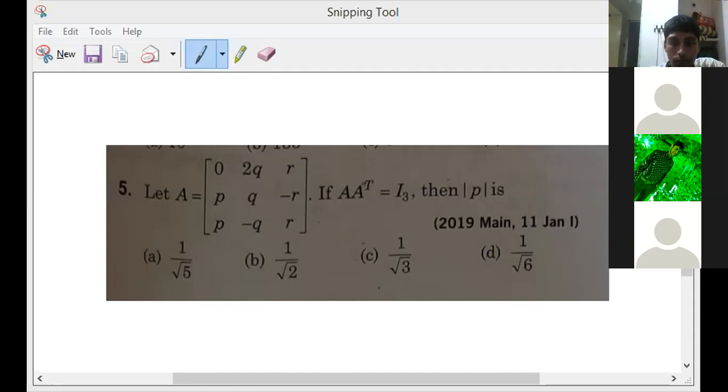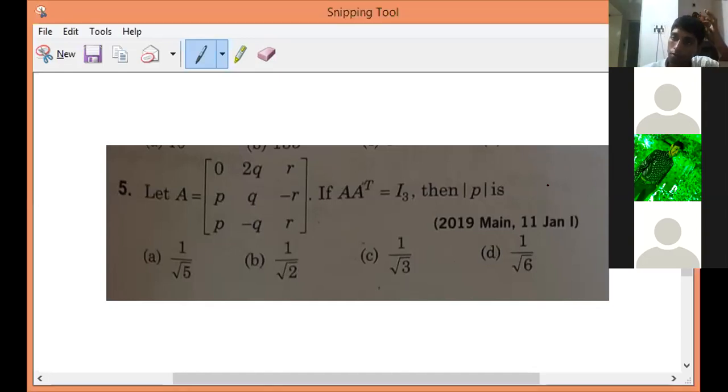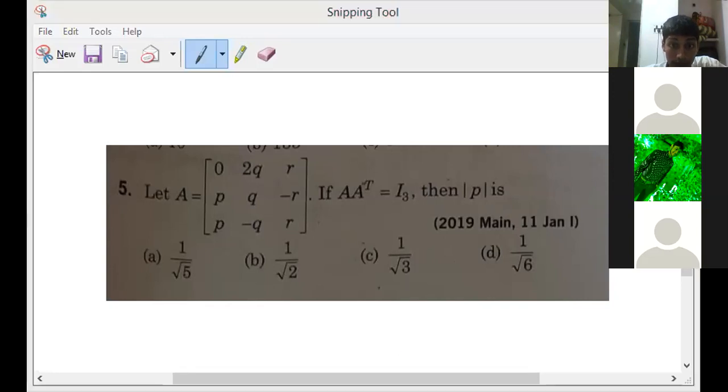Sir, first, each row can be considered as a unit vector. So it is 4q square plus r square is equal to 1. Yes, that's good. But then why did I spend so much time explaining this? I'm not scolding you, but what is the point of explaining this last point? Why did we do that last exercise?